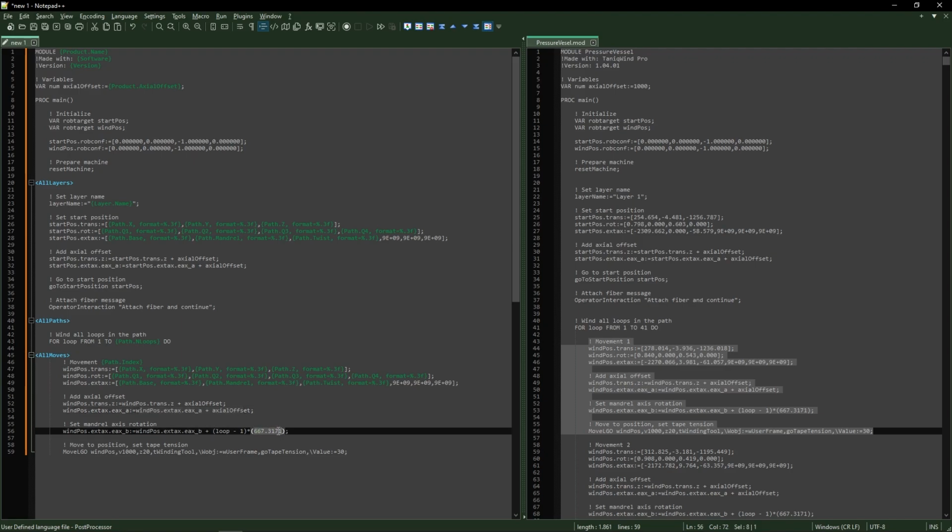After this, we can set the mandrel axis rotation position by changing the delta phi value for the delta phi variable. The last variable to set in the movement is the tape tension machine parameter. In this file, this is set in the move to position command, where we can see the value is now